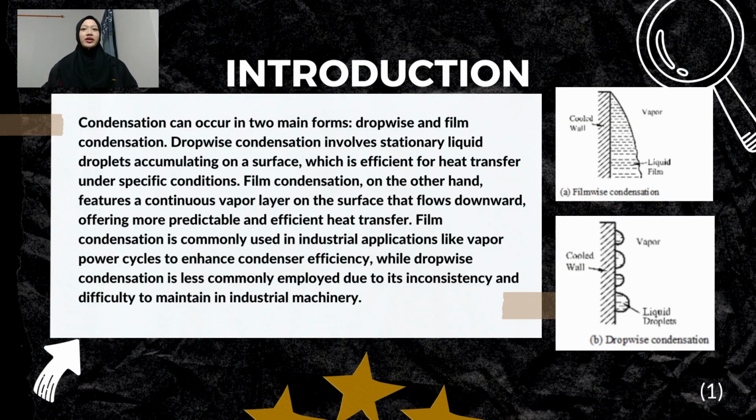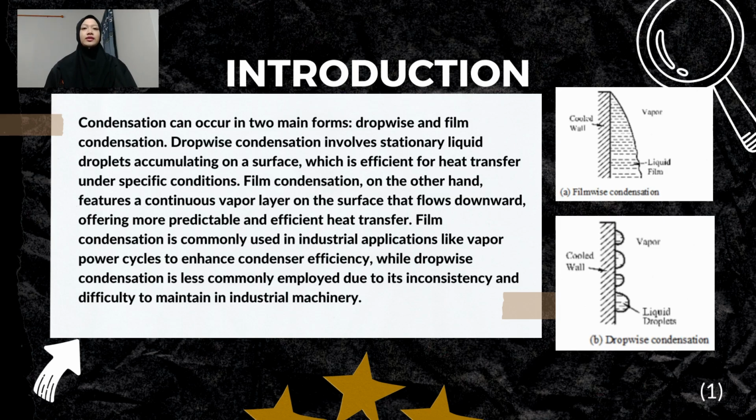Introduction. For this experiment, condensation can occur in two main forms, dropwise and film condensation. Dropwise condensation involves stationary liquid droplets accumulating on a surface, which is efficient for heat transfer under specific conditions. Film condensation, on the other hand, forms a continuous vapor layer on the surface that flows downward, offering more predictable